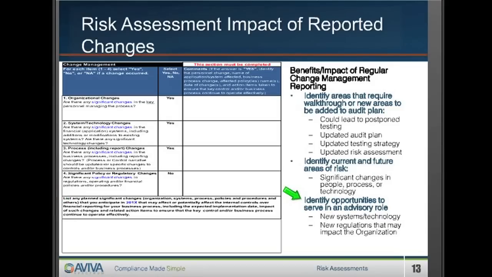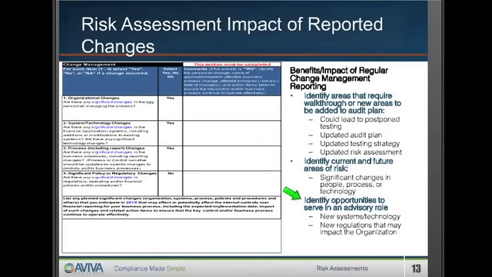So in this case, by doing these change management activities, it'll give us an opportunity to identify new systems or technology coming on board. Let's be a part of that. If we're part of that at the beginning, we can help steer those conversations to perhaps have them consider other areas that they haven't looked at, or tell them that here are things that they could possibly be doing differently. Now, also recognizing that if we provide consulting services, we can't also be auditing that same